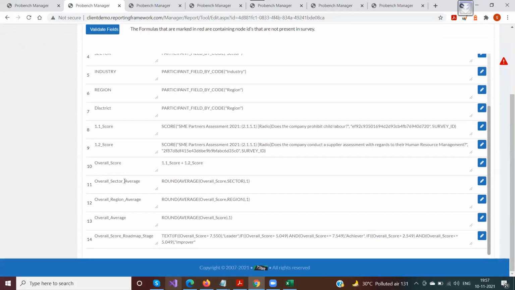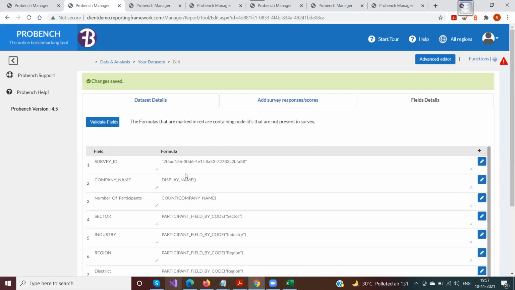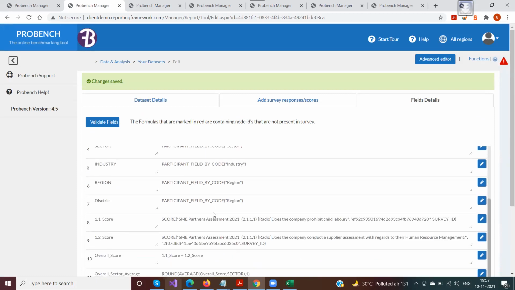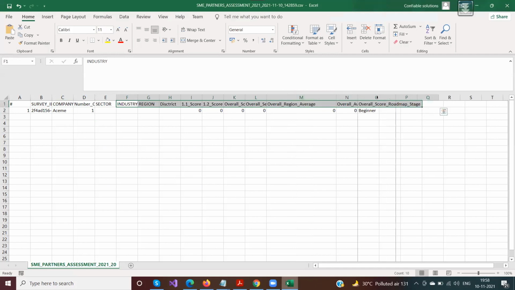When we say fields, these are the columns that you want in your CSV or an XLS file. All the data that you want out of this particular data set, you have to set those fields up here, so that you get only those fields as an output and not all the data that is collected in the system. This same set of fields would be available in your downloads. The same names would be the column headings, and each of those fields would be available here.